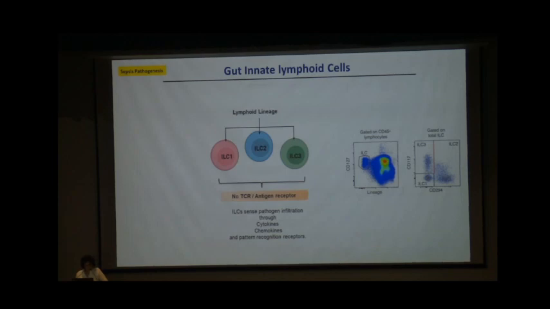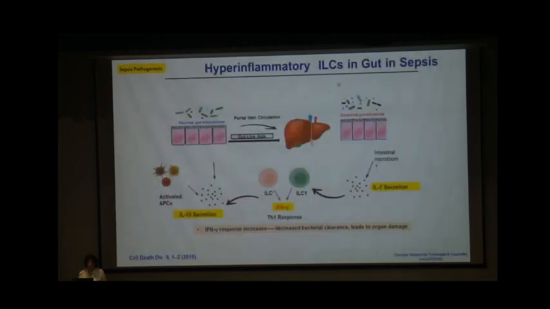Another cell of the gut, innate lymphoid cells, as last time also, that the lymphoid lineage produce the ILC1, 2 and the 3. They don't need receptors. So with any microbial PAMPs or the DAMPs, they are interacting and secreting cytokines with this. So presence of the lymphoid tissues and the homing receptors are needed, and homing receptors in the gut, they start developing with the inflammation. Happen when the ILC is in the gut, when there is a hyperinflammation.